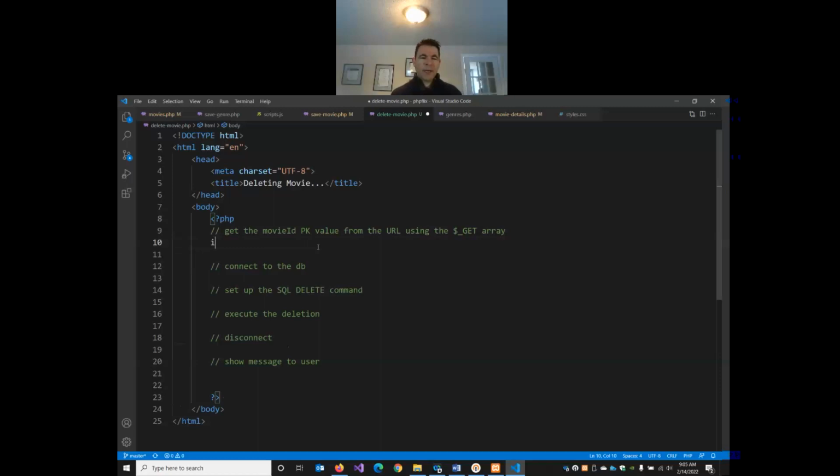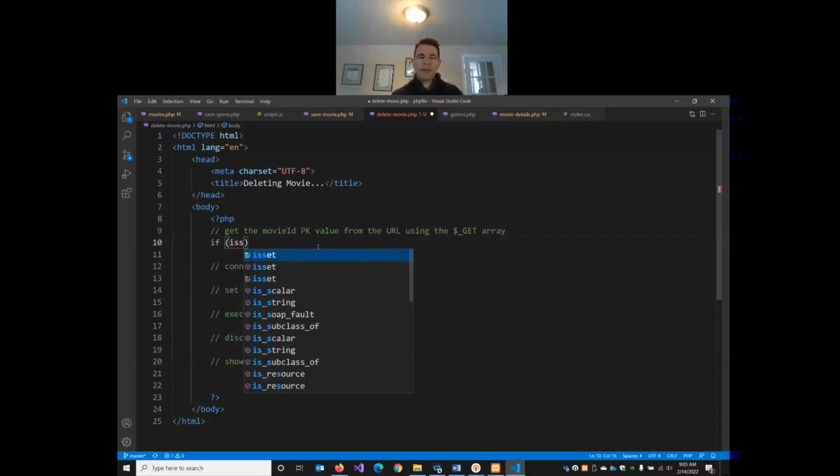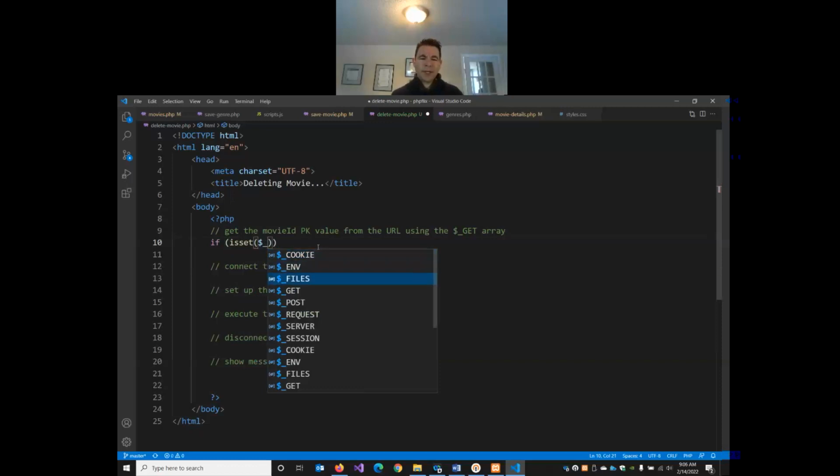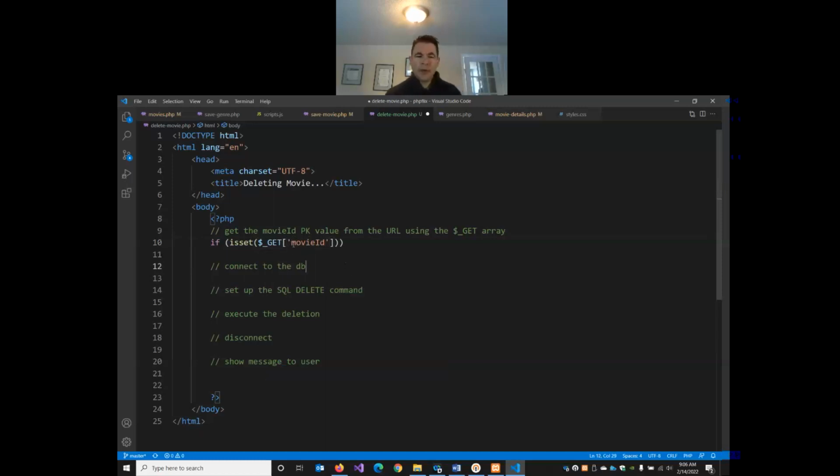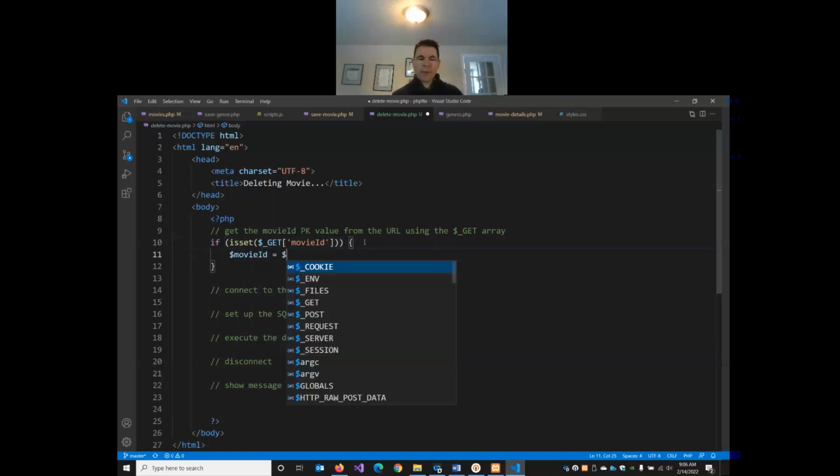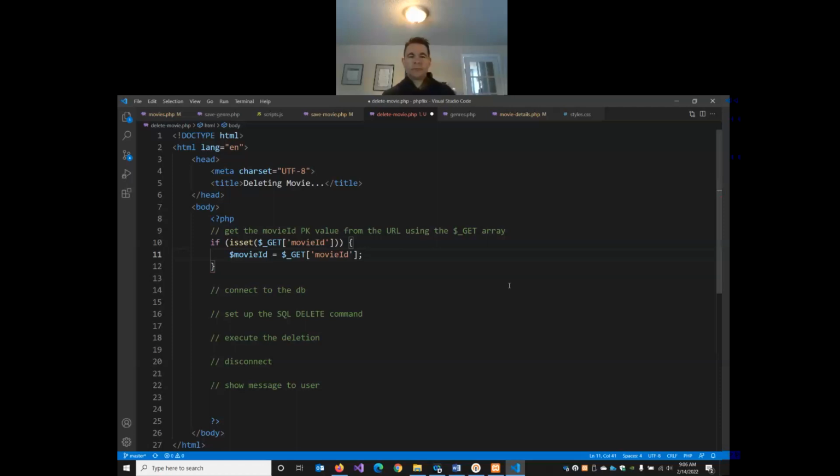So first, we will say if, so we're going to use the PHP function isSet, and we're going to check for the URL value in the get array called movie ID. If it is set, we'll put it into a variable. Okay, so if we have a movie ID parameter,